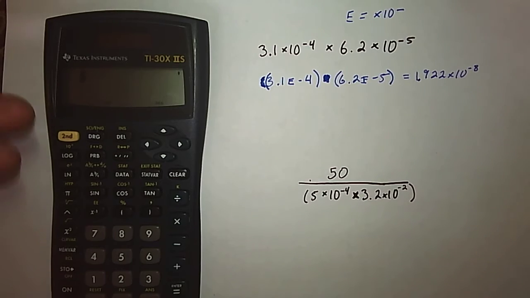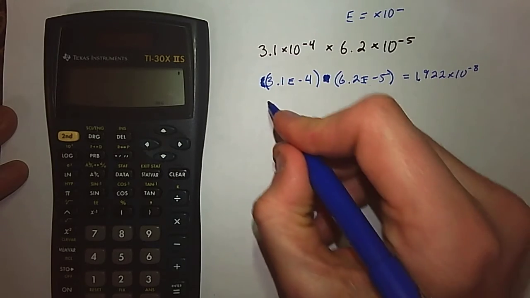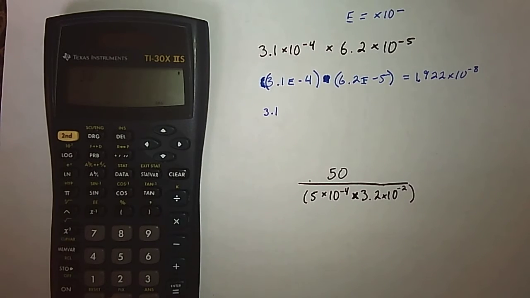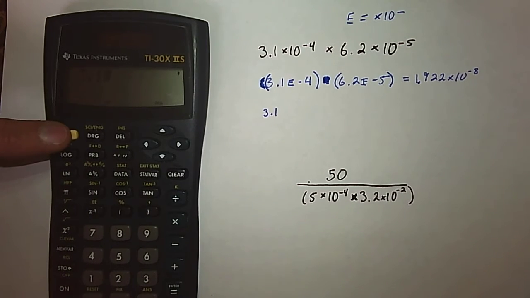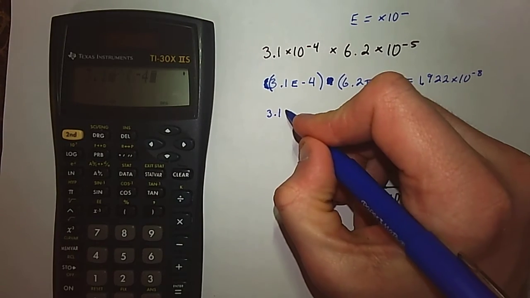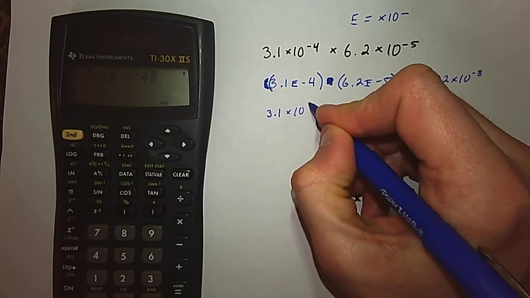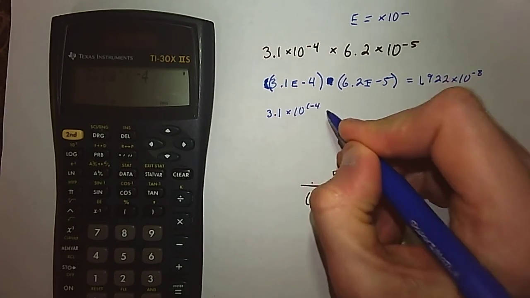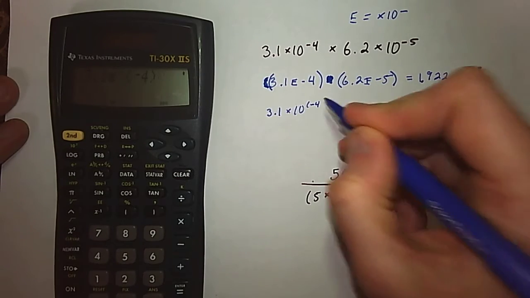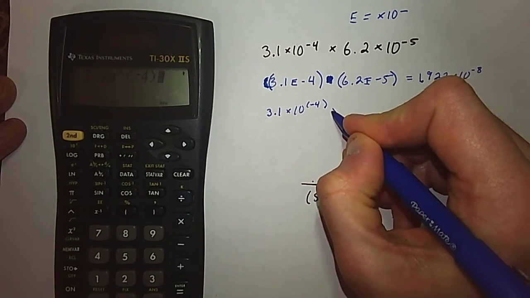All right. Now let's say you don't have that E option though. What can we do? You do 3.1 in your calculator. So let's enter that in. 3.1. And then second, and all of a sudden all these yellow things become our options. Second, and then times 10 to the x. All right. So now all I have to do is put in negative 4. So times 10 to, and then it's a parentheses, negative 4. So you notice there's a parentheses there that I'm absolutely going to want to close. Right? And then multiplied by